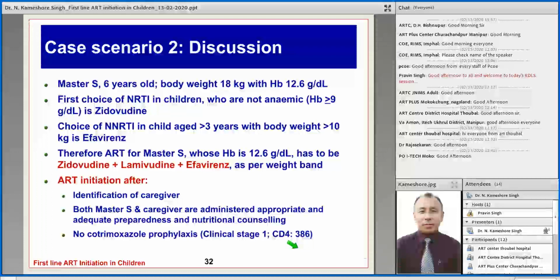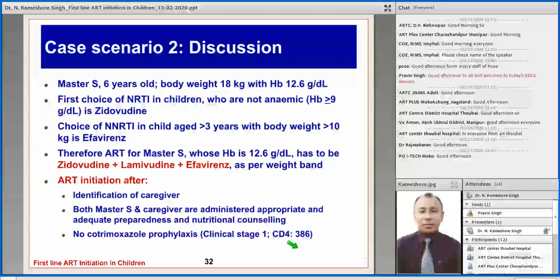This boy is 6 years old, body weight 18 kg, hemoglobin 12.6 gram per deciliter. As hemoglobin is more than or equal to 9, we can use zidovudine. And as the child's age is more than 3 years and the weight more than 10 kg, we can use efavirenz. So this child, 6 years, 18 kg, hemoglobin 12.6, zidovudine, lamivudine and efavirenz is to be prescribed as per weight